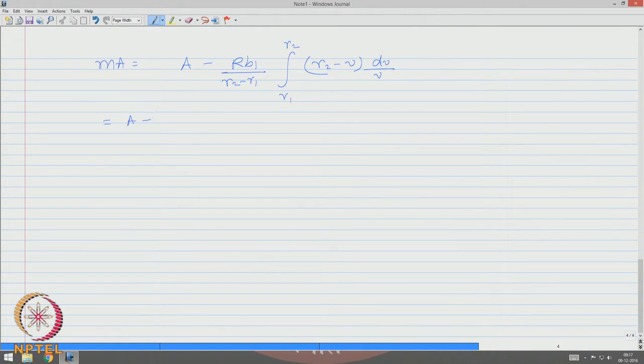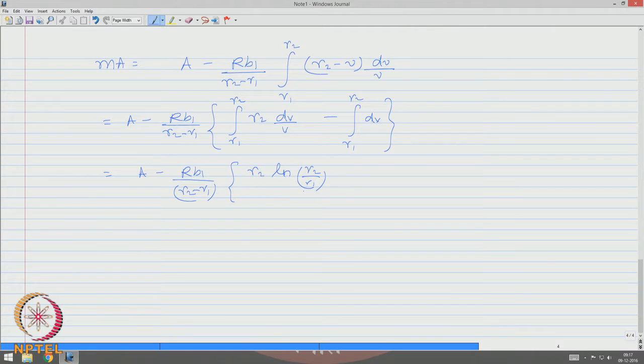which will be A minus R B1 by R2 minus R1 integral R2 dV by V minus integral simply dV, which will be A minus R B1 by R2 minus R1 of R2 log R2 by R1 minus R2 minus R1. Now, M straight away is 1 minus R by A